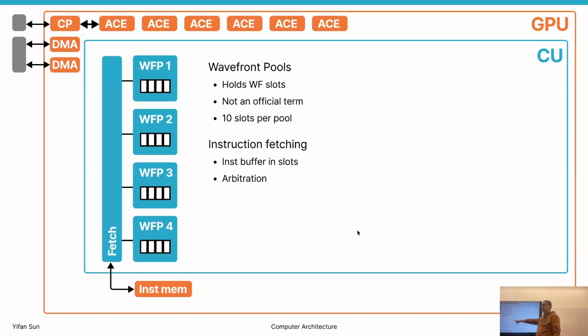Yes, so the instruction here is mainly L1 instruction cache. And the instruction cache is shared in a group of 4 compute units. So there's one cache per 4 compute units. Okay, so next lecture, we're going to talk about the memory system. Today, we're going to focus on